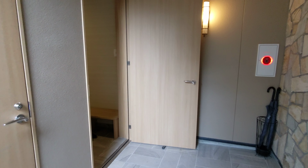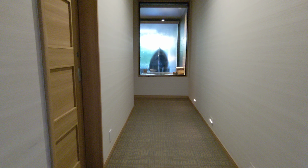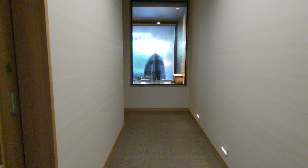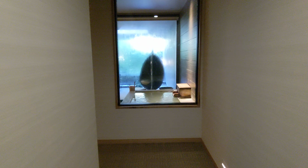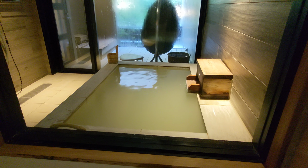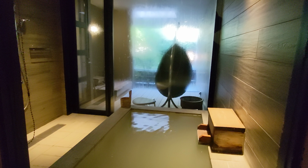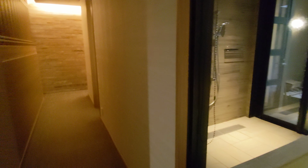There we go. All right, so let me close the door. All right, there you go. So you enter here. So this is, from here you can see the onsen bath. There's an indoor one and an outdoor one. This is the shower area. We'll take a look a little closer in a moment. There's another hallway to the left